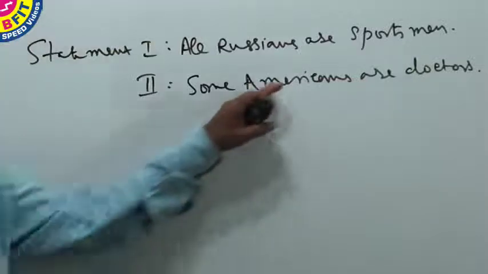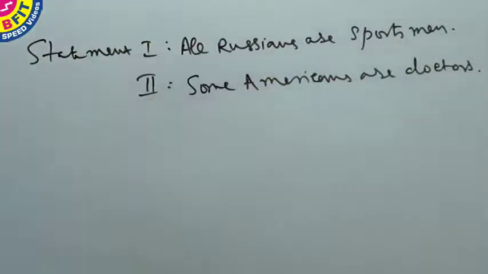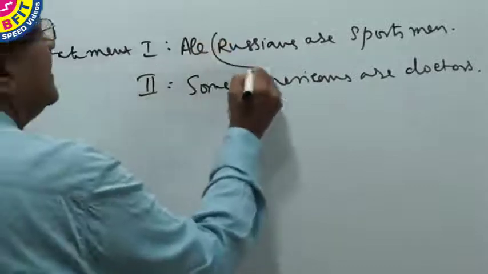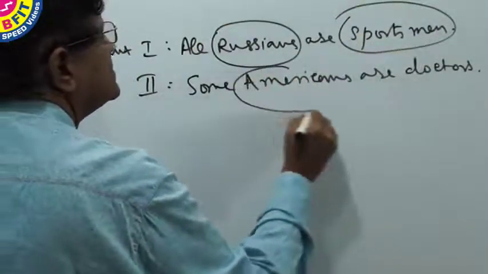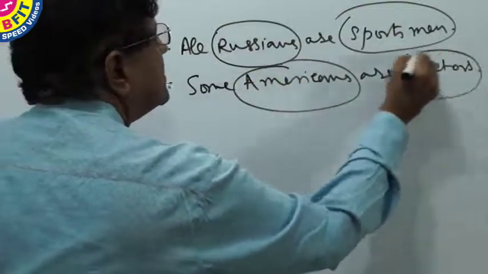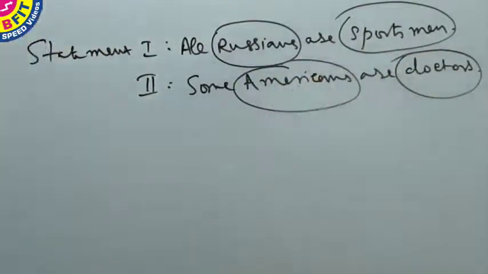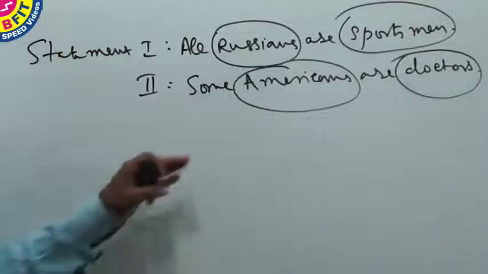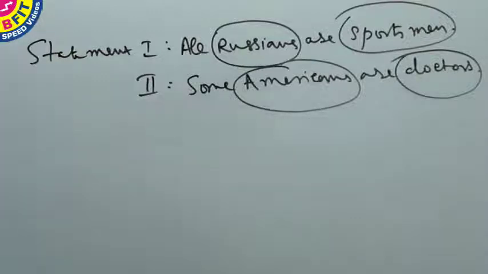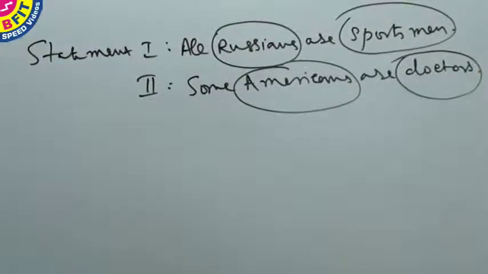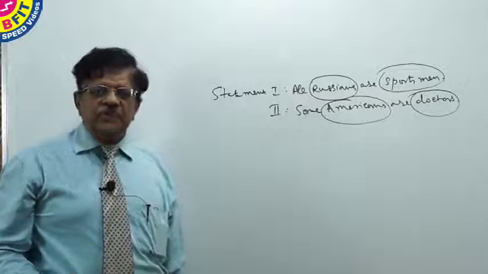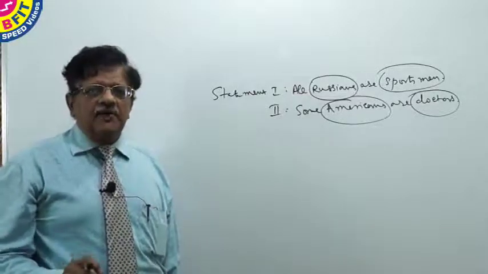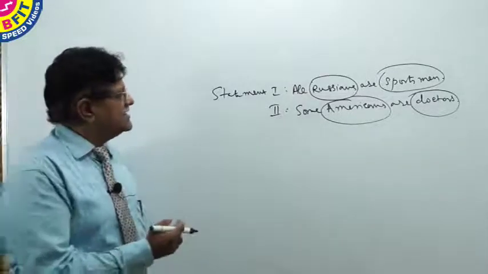There is no connecting link between these two statements. Here it is Russians and sportsmen. Here it is Americans and doctors. There is no connecting link between these two statements. In the absence of a common term between these two statements, we cannot draw any conclusion. Therefore, the first basic principle is that if you want to draw any conclusion from given two statements, there must be one common term. For example, we can here say,